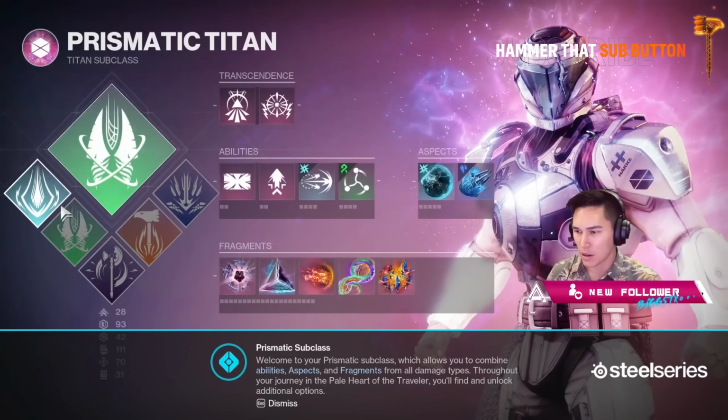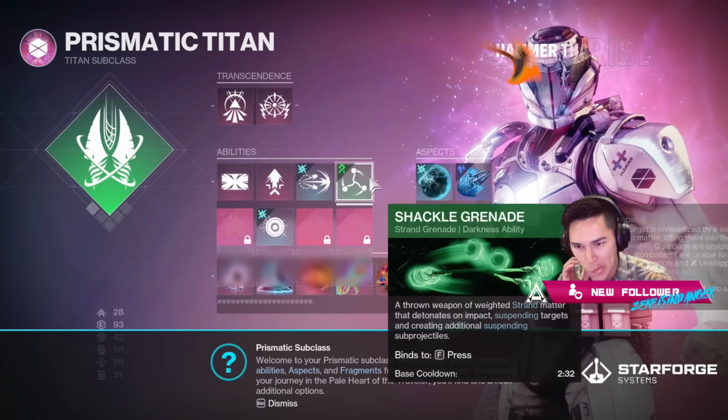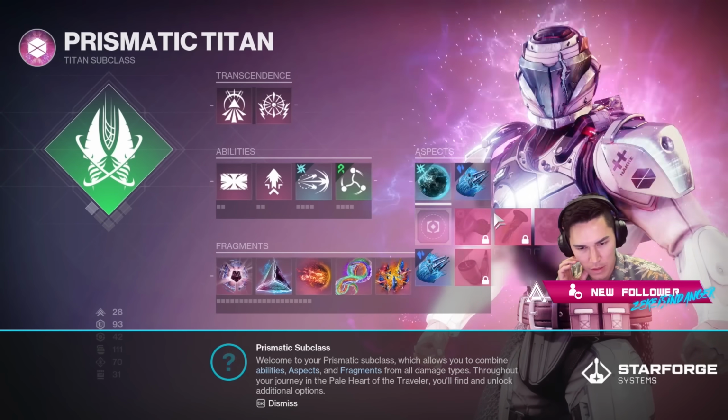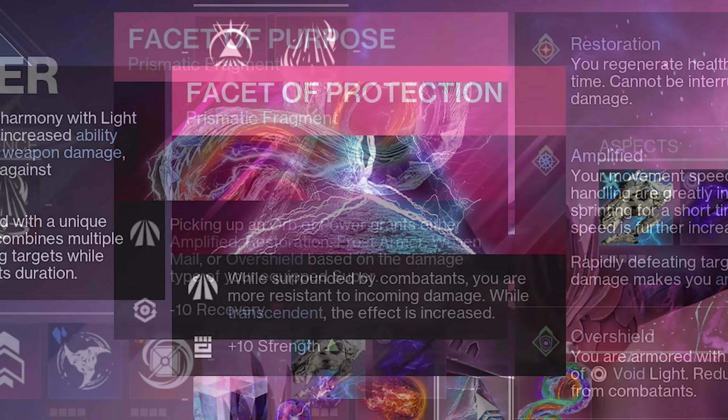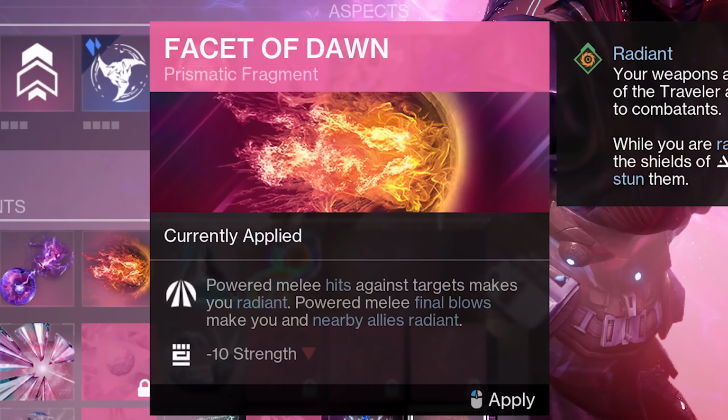of these things. You'll have 2 supers, 2 melees, 2 grenades, and 2 aspects per class, along with 6 starting fragments. Those being Facet of Hope, Facet of Protection, Facet of Purpose, Facet of Ruin, Facet of Dawn, as well